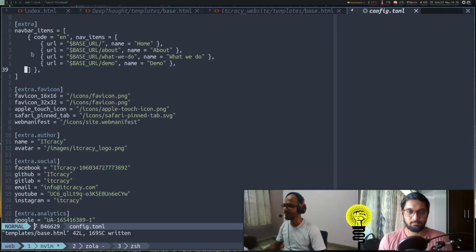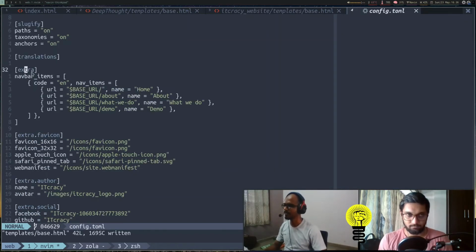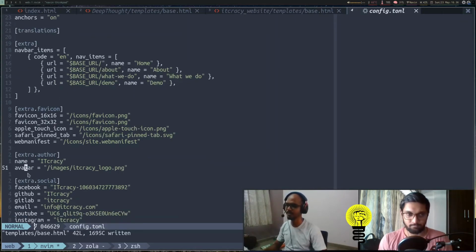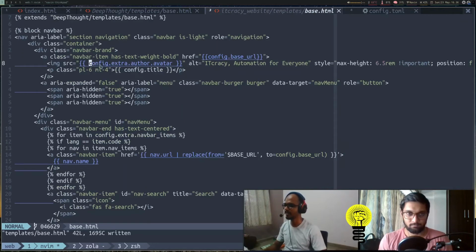Then we again have extra.author, so this becomes a new section inside extra. You have to use the variables inside author by saying config.extra.author.name or avatar. So that's why we are using it like this, config.extra.author.avatar.